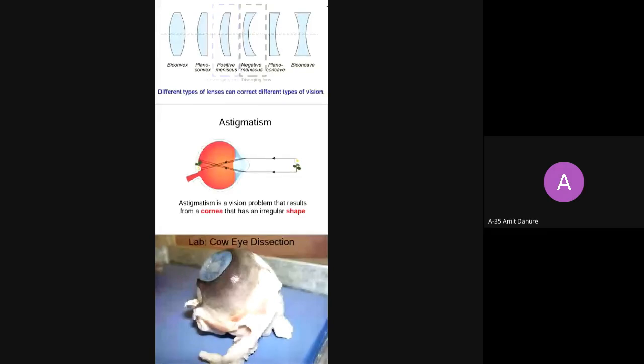Okay, I have an image of a human eye also, but I'm not able to add it. So I have to compare the eye of a cow and the human eye. Both are similar, with a difference in size. Basically, the human eye has two important parts to capture images.